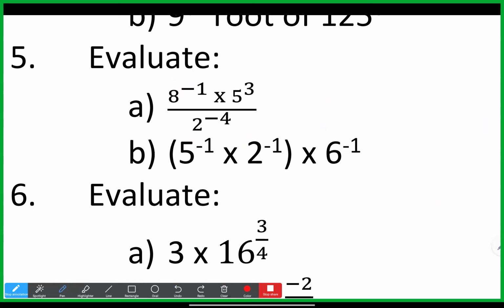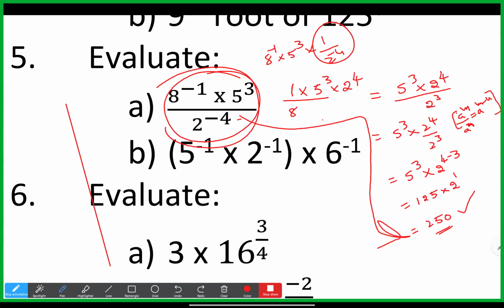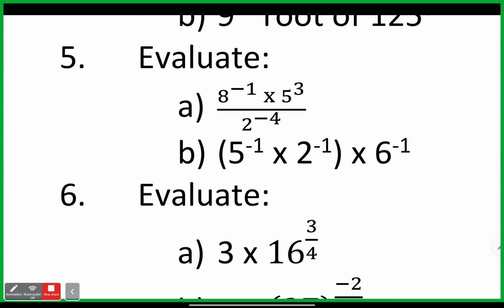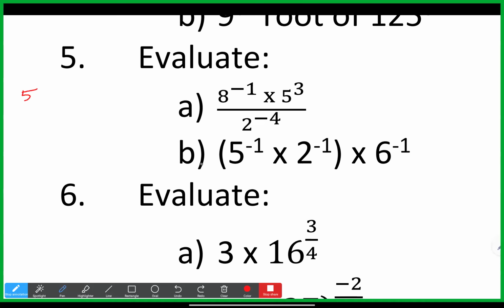So 5 power minus 1 will become 1 by 5 whole power 1. Simply, all the negative powers we will make into positive by taking the ratio. Fifth one, this B bit. So 5 power minus 1 will become